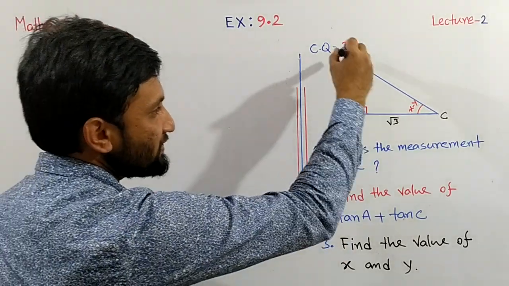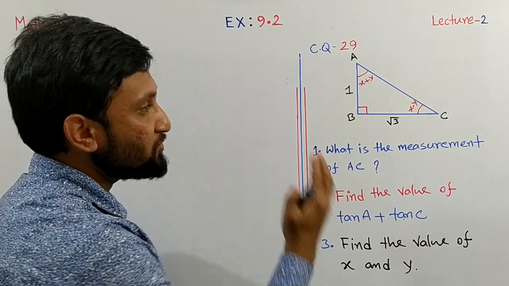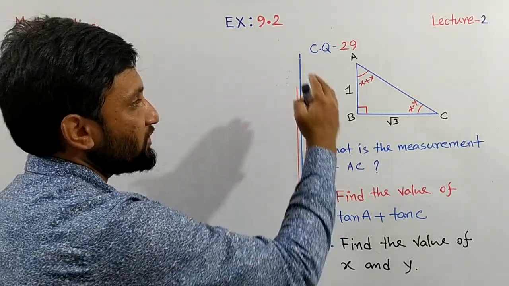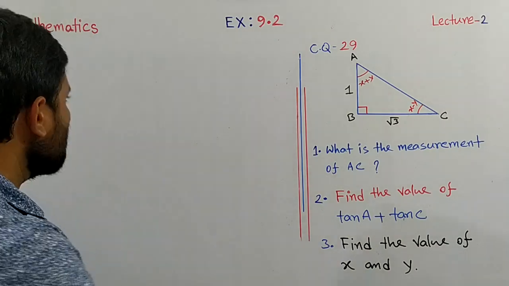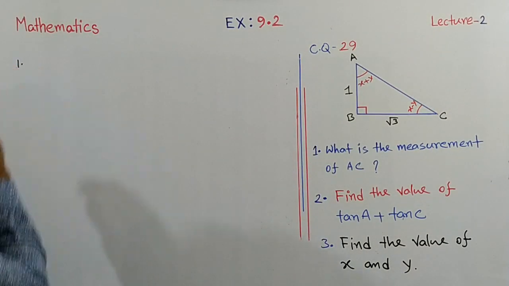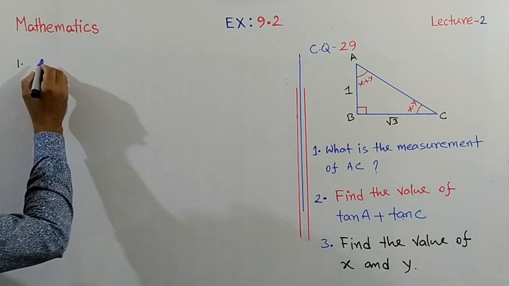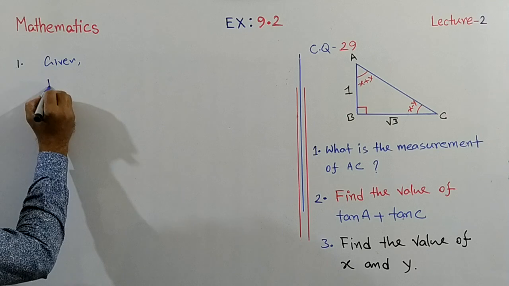Here in this figure AC is the hypotenuse. So this is a right angle triangle. So by using the Pythagoras theorem, we can find the side length of AC. So follow the process for 1. Okay. Here, according to the figure given,